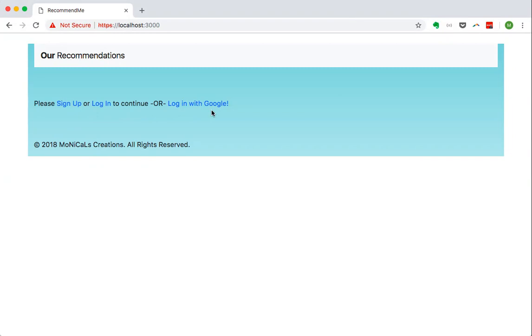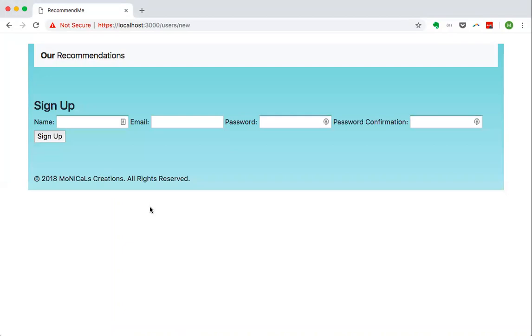You can log in through Google. So you can do this in a number of ways. We can sign up right here, in which case you're asked to fill in your name, email, password, and then confirm that you have the same password. And these fields are required. So if you try to sign up without one of them, or if your passwords don't match, then you should be